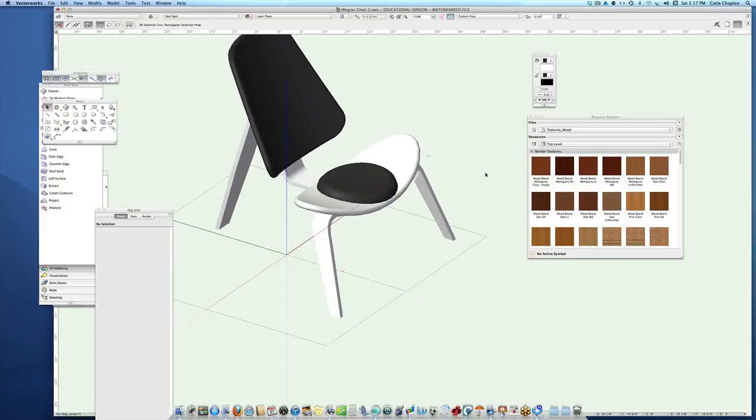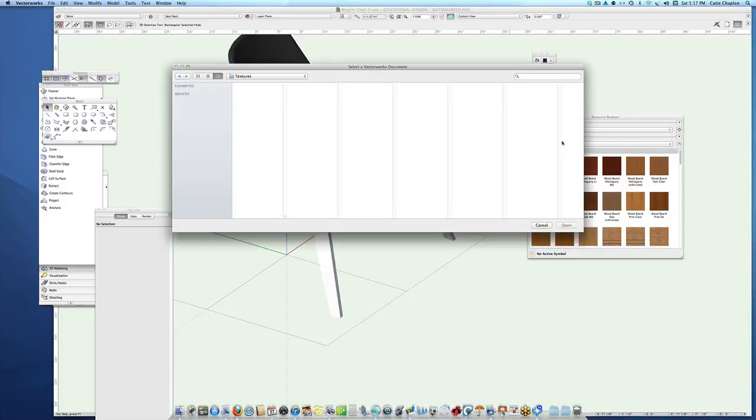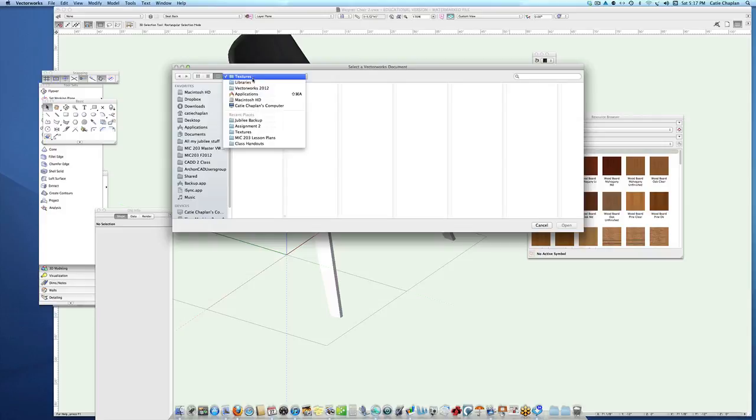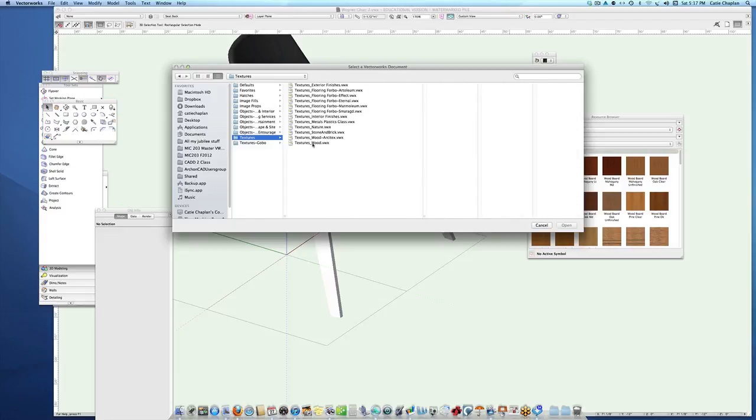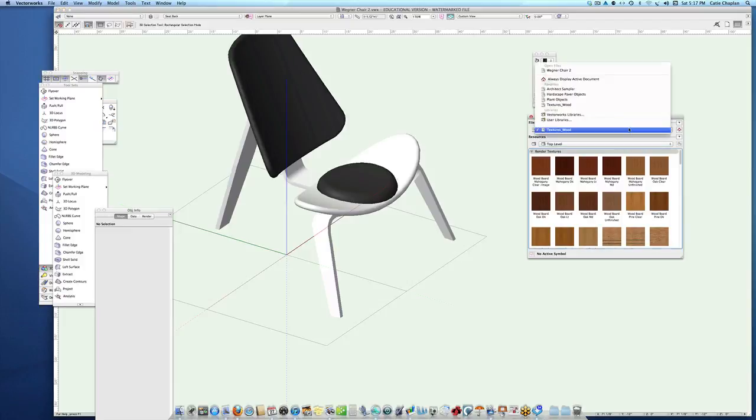Alright, the last thing I want to do is give my wood part some wooden texture. So I've gone to the library and brought textures wood into my resource browser. Again, I can go to Vectorworks Libraries, and then go to Textures, Textures Wood, and bring them into my resource browser. Now I can drag and drop